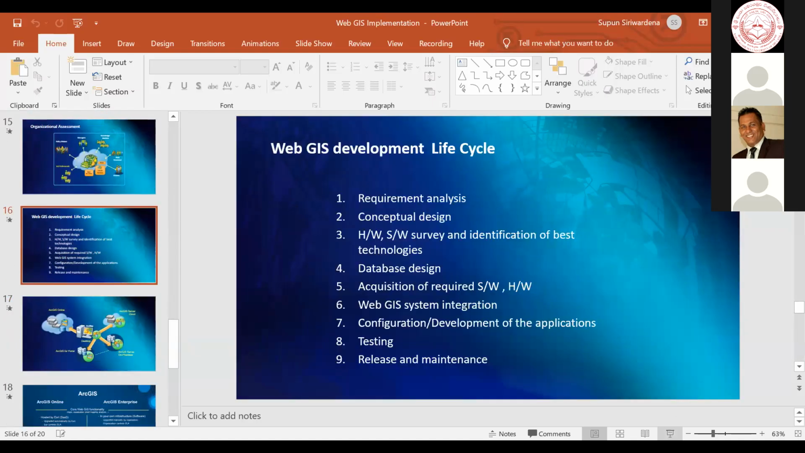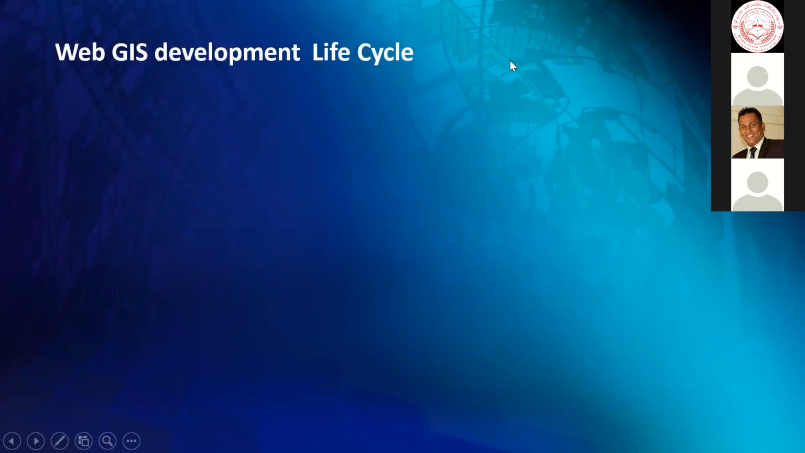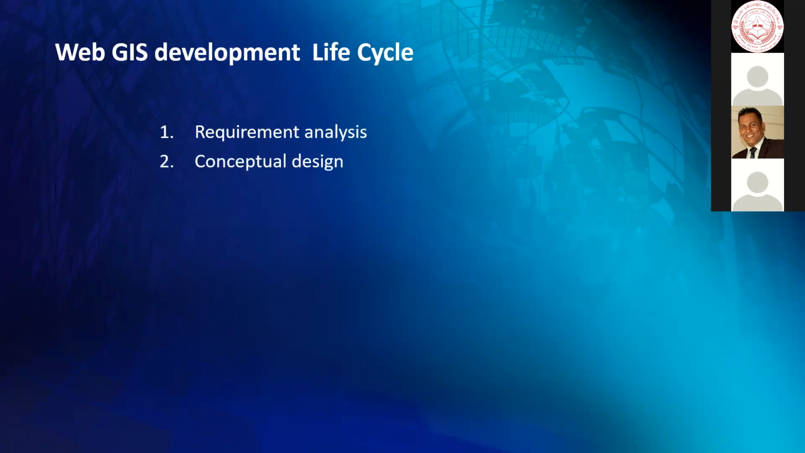So in a WebGIS system, right? We discussed WebGIS related things. So there are different life cycles. Here there's one life cycle. The important thing is the requirement analysis. So there should be a requirement. Then organization, we should have identified the requirement. Then we can design a conceptual model